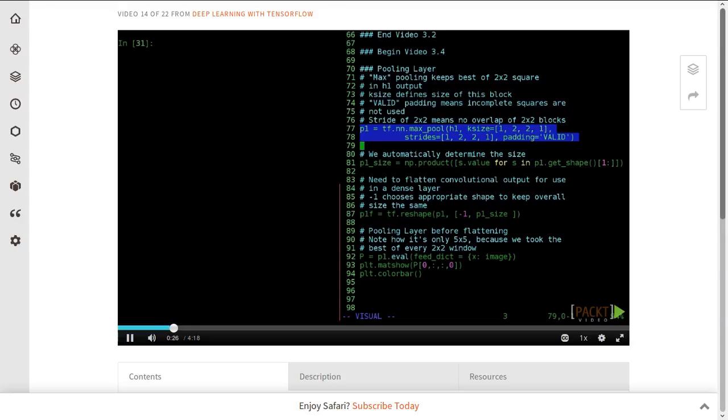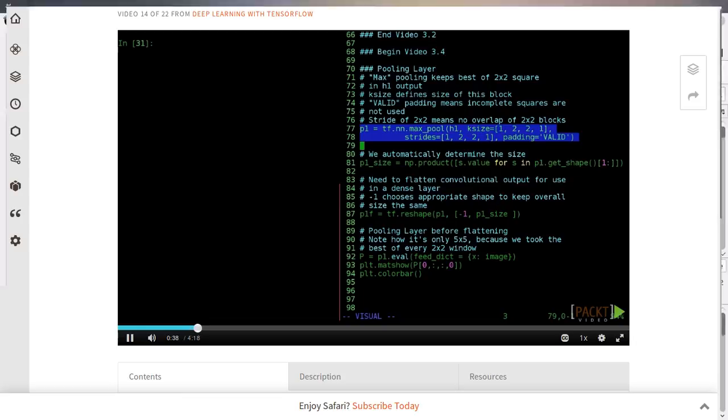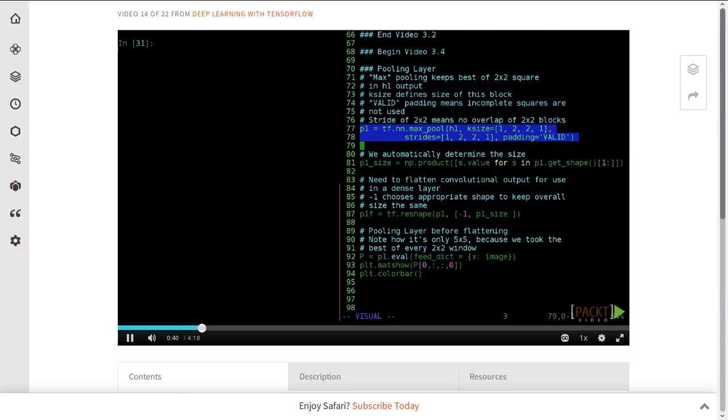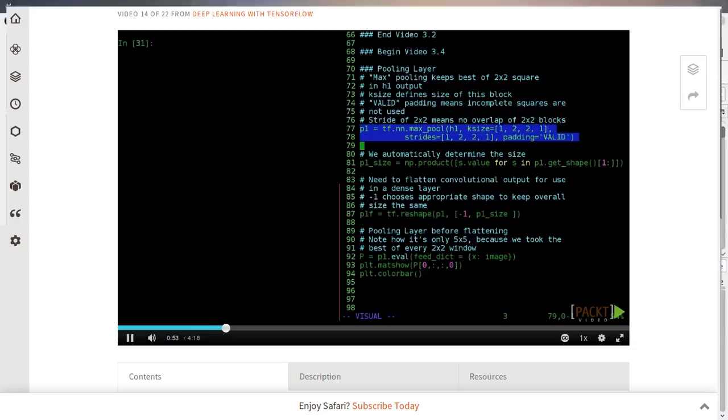Let's pick up in our example from where we left off in video 3.2. Make sure you've executed everything up to ### pooling layer before starting this exercise. Recall, we put a 10 by 10 image through a 3 by 3 convolution and a rectified linear activation. Now, let's add a 2 by 2 max pooling layer that comes after our convolutional layer. The key to this is